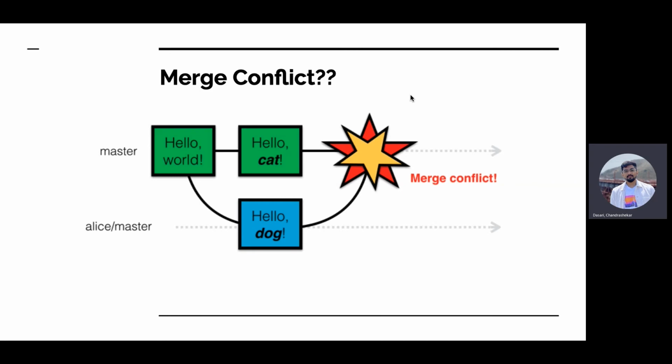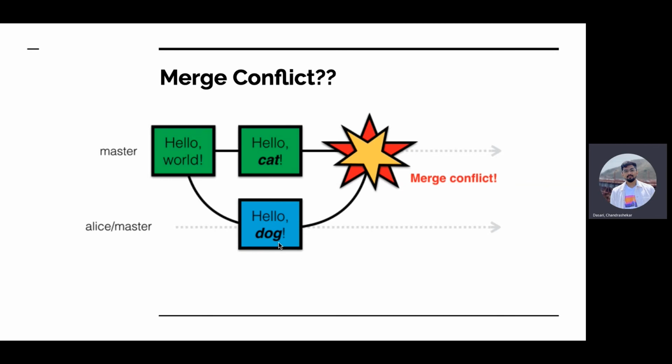So, what is a merge conflict? Basically, let's say two or more people are working on the same file at the same time. For example, person A changes the file from hello world to hello cat, but the other person, Alice, already copied the code from hello world and made their own change, hello dog. They've not merged it yet, whereas the other person has already merged. So now you're trying to merge your changes, and you notice they're not the same as what you initially took. So there's a merge conflict.